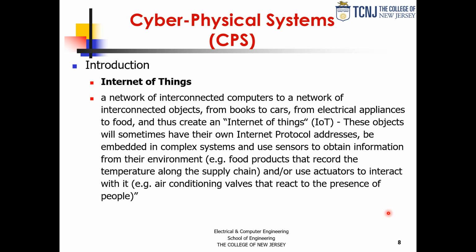So, as I mentioned, some of these objects will have their own IP address. If they are connected to the network, they will have their own IP address, and they can be identified by that IP address. That's one part. And that network can be a subnetwork with a gateway from a wireless subnetwork. When we talk about wireless sensor networks, that's what we would be talking about, a subnetwork that is wireless.